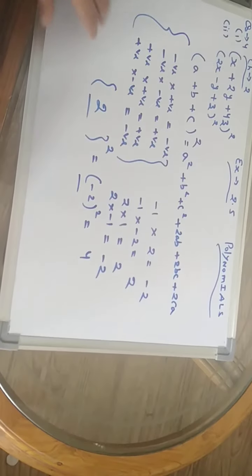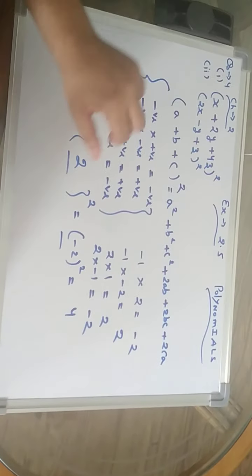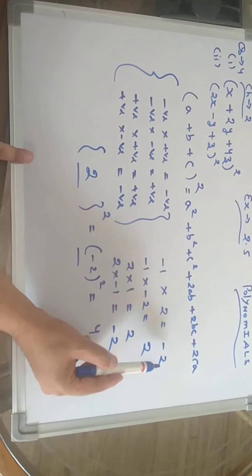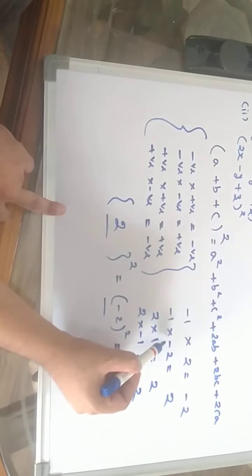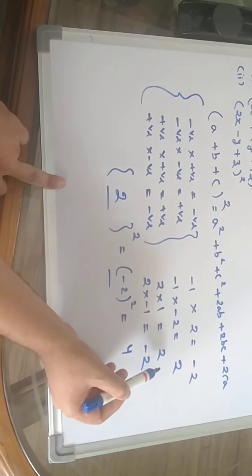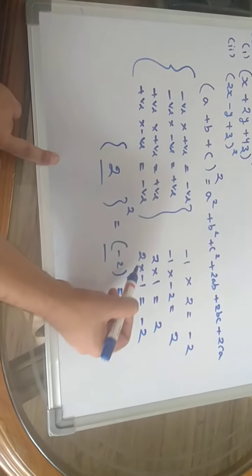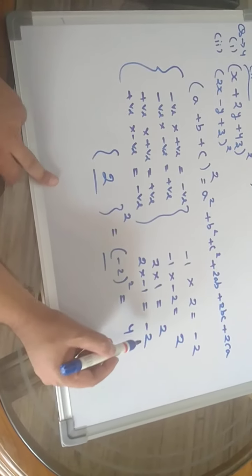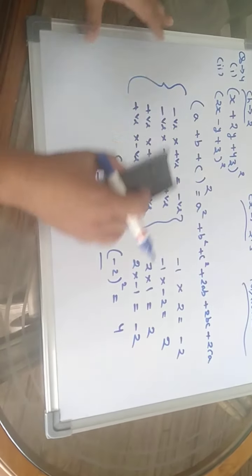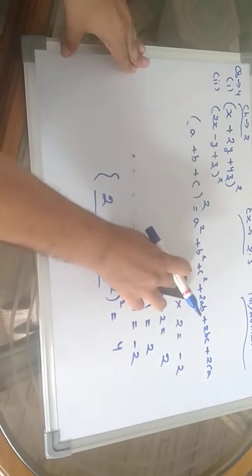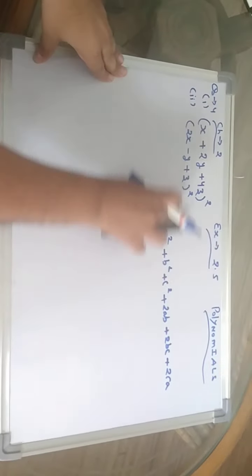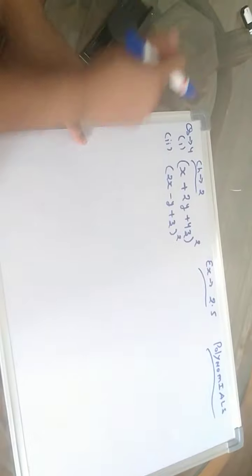Again, for the application of this formula, you must be familiar with these concepts. When negative and positive are multiplied, the answer is negative. When two negative quantities are multiplied, the answer is positive. When two positive quantities are multiplied, the answer is positive. When positive and negative are multiplied, the answer is negative. So let us start to solve the fourth question, first part, by using the formula (a plus b plus c) whole square.